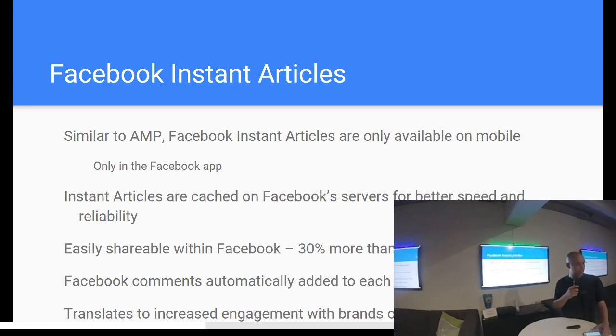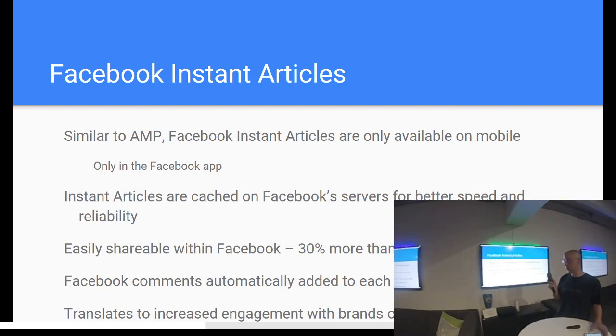Right, you'd only see it if you're on the mobile app in Facebook. It's only for mobile, at this time. It's partly because of the formatting, because again, it's a stripped-down version of a full web page, and if you're on a desktop, a stripped-down version is not really the right environment for viewing a mobile page.